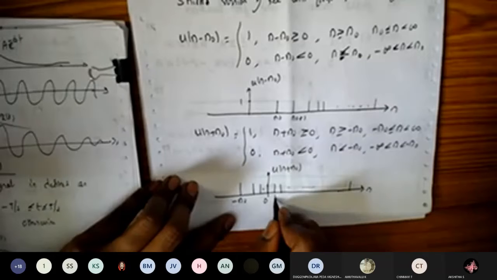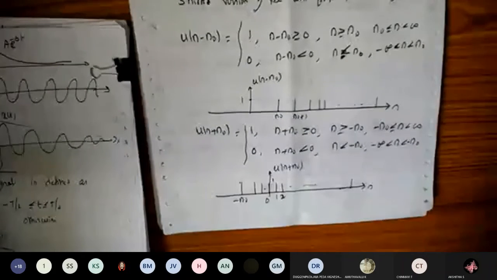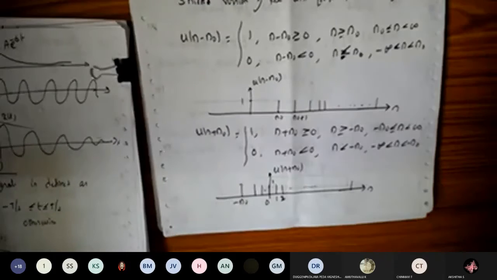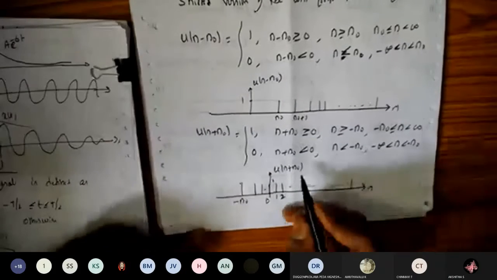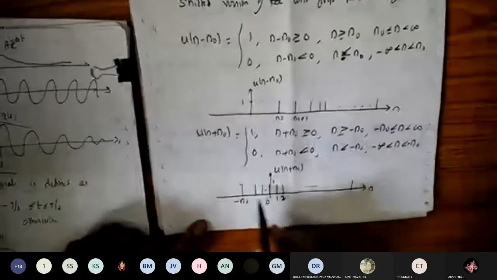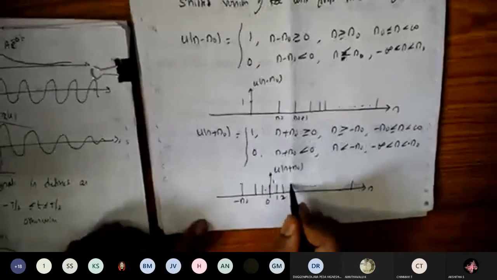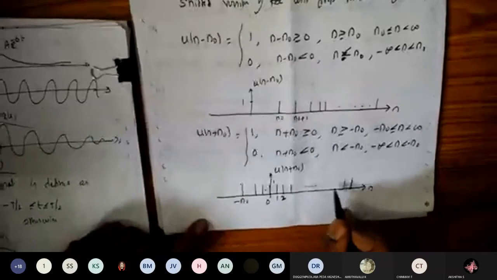Shifted version of the... So done, right? So this is the left shifted version of the unit step function. We can define it like this here. So here the waveform will be there. It will be continuous like this.